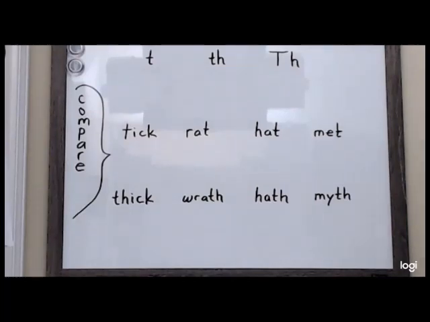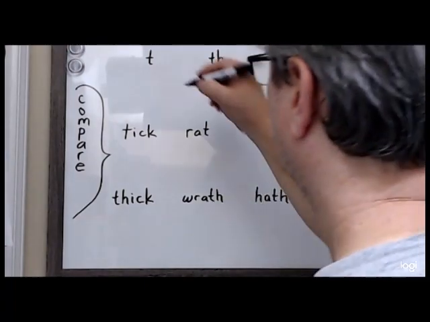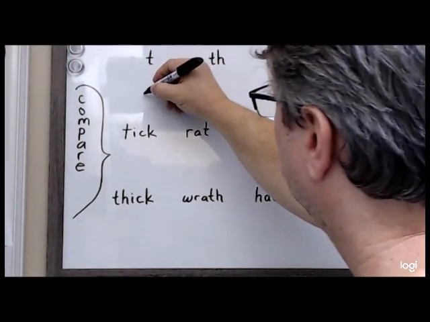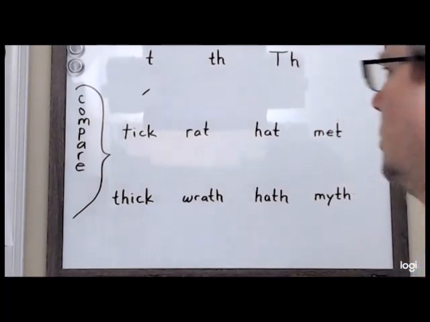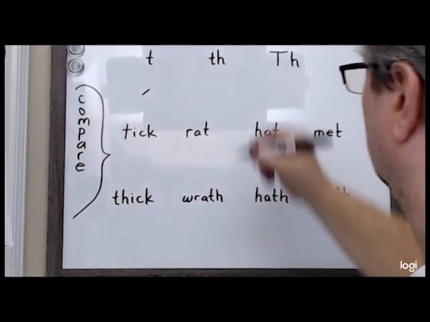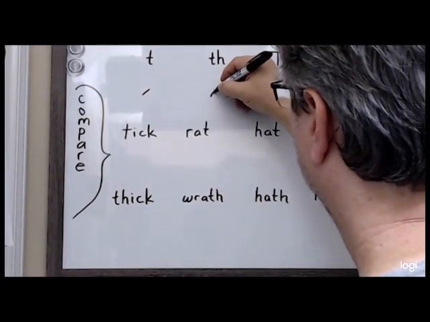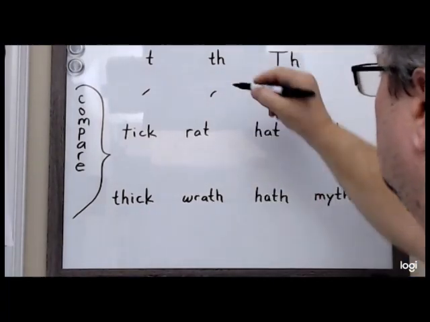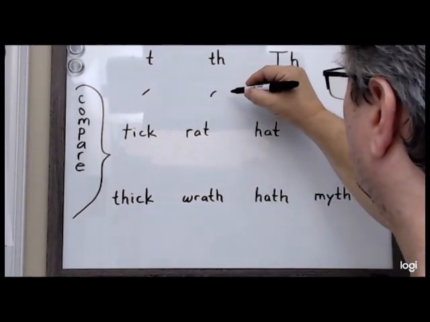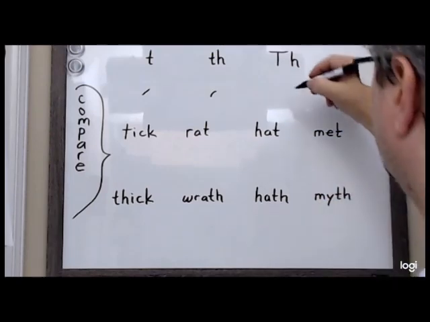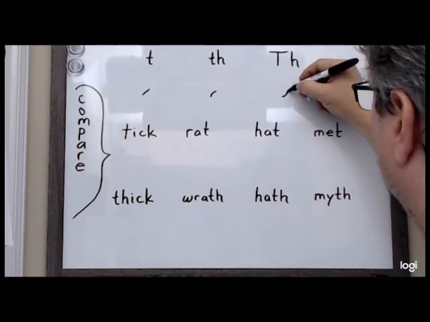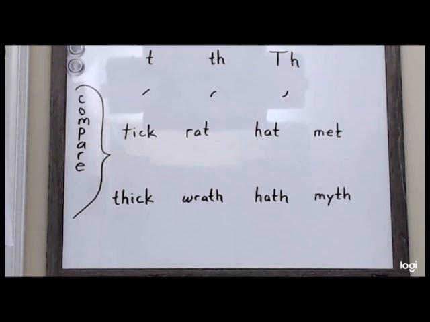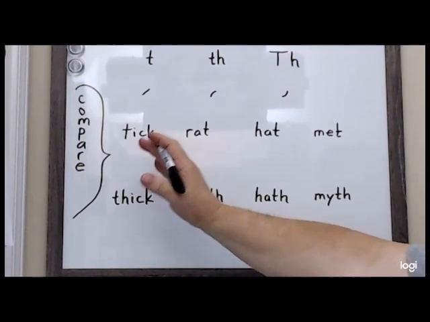The sign for T is curved to express TH. So here is the letter T, and so it is curved to express TH. And this is over or clockwise. You can also write it under or counterclockwise. Now we will compare a few words to each other to show the difference between the T and the TH